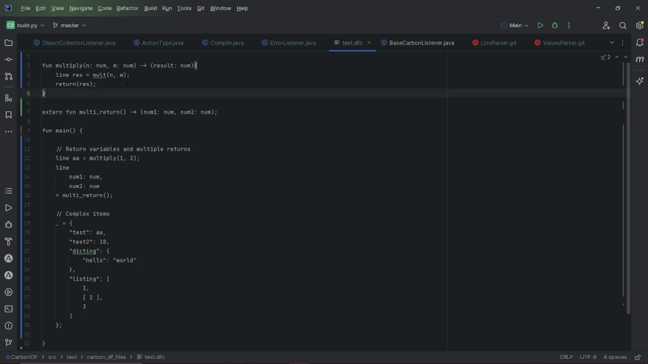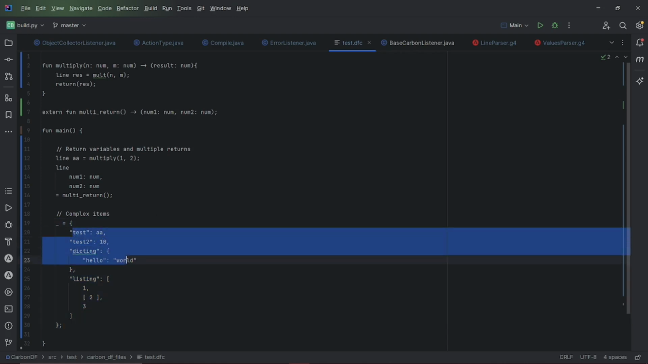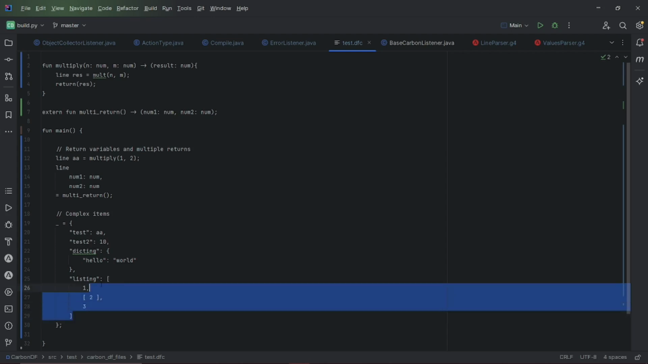Now, features that I've added in the meantime are, first of all, returning values, as you can see here and here, as well as complex items, which you can see here. So complex items include dictionaries and lists. So first of all, returning